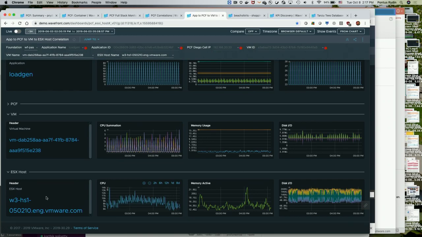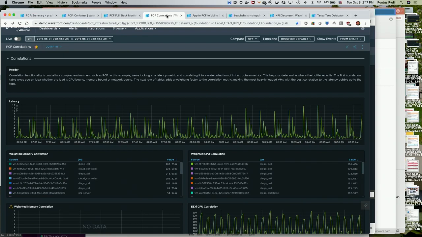But when it gets cool is you can say, hey, I got this spikiness. Let's do a mathematical correlation between that spikiness and some random metric in the environment. So I want to say, is there anything in my environment, CPU utilization, memory utilization, whatever it might be, that exhibits the same kind of spikiness, right? Your tool should be able to do that kind of correlation.